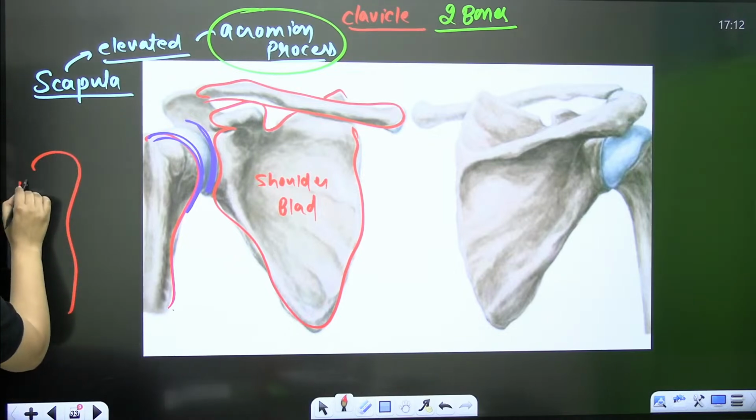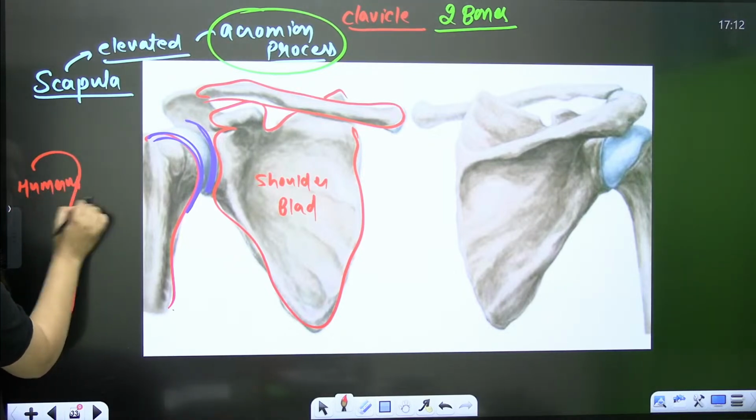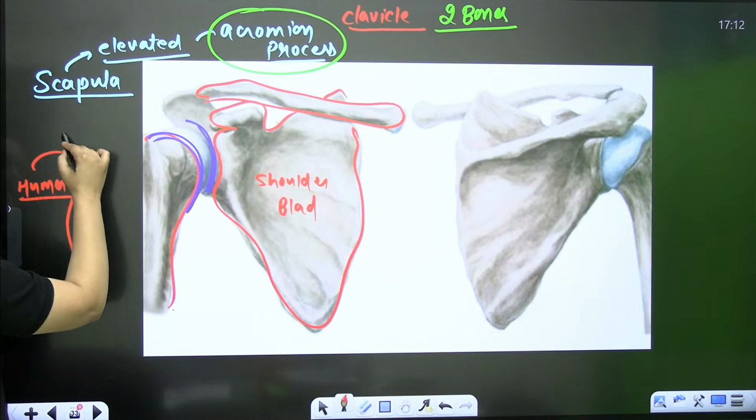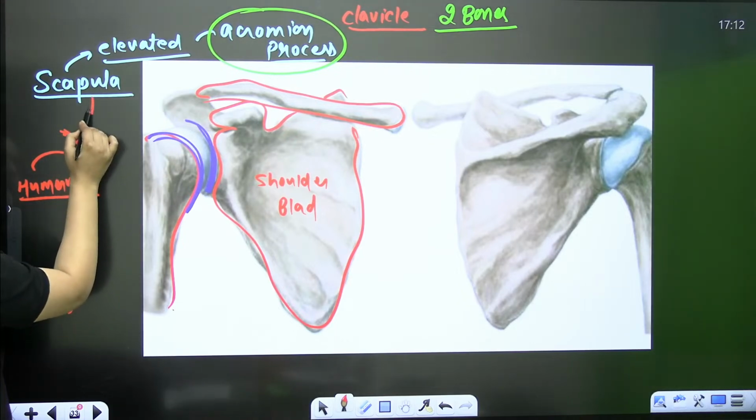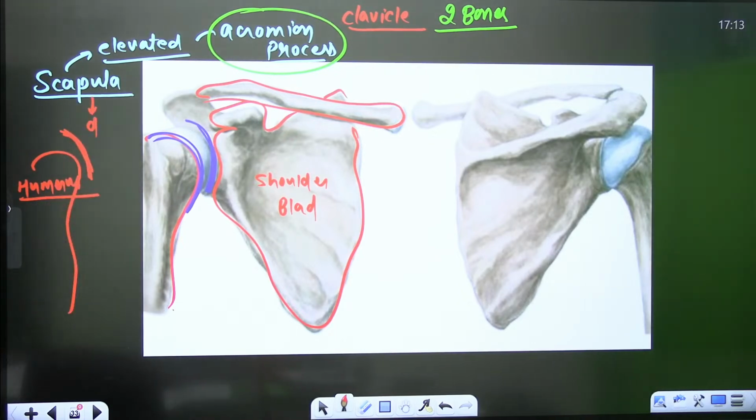And now this humerus has to fix with this part. So in the scapula, you will find...